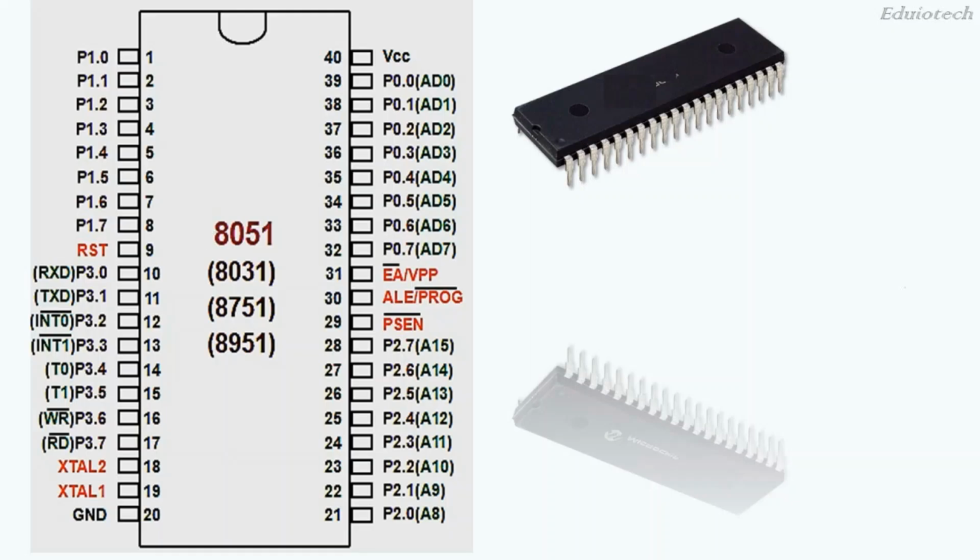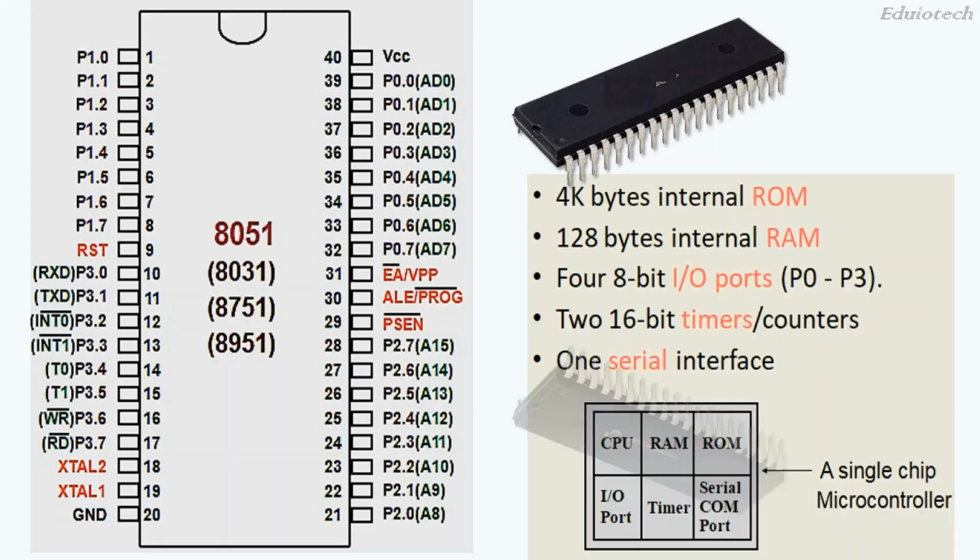This is the pin configuration of 40-pin DIP package. As we discussed earlier, 8051 microcontroller has 4 ports named P0, P1, P2, P3, that is port 0, port 1, port 2 and port 3. For more details of each port of 8051 and associated pins, you can refer to the microcontroller datasheet provided by the manufacturer. You may click on a link provided below.